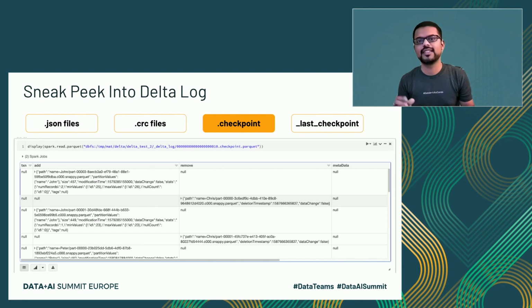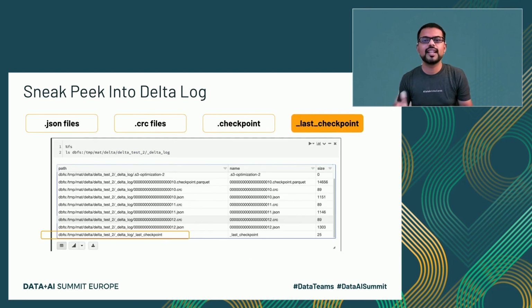Why do we need this .checkpoint.parquet file? This is used to compute the latest state of the Delta table. So how do you find the most recent .checkpoint.parquet file? If you do a file system listing command on your Delta Lake path, you will be able to quickly glance and find the most recent .checkpoint.parquet file. But how does a Delta table know? For that, we need _last_checkpoint. That is the next one, _last_checkpoint, and that is a file.